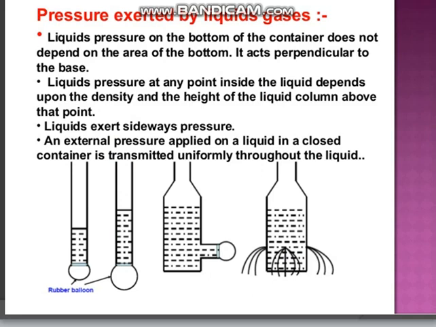Now we have to pour some water in this. By putting some water in this, we will observe that the size of the rubber balloon increases. A small bulge appears in the balloon. Now we have to increase the amount of water. So we will add more water in the same tube till a particular level, and then we will observe the bulge in the balloon again. We will observe that the size of the bulge increases.